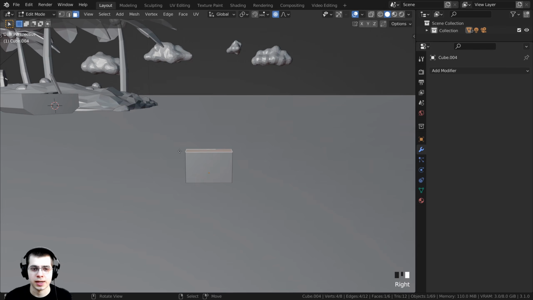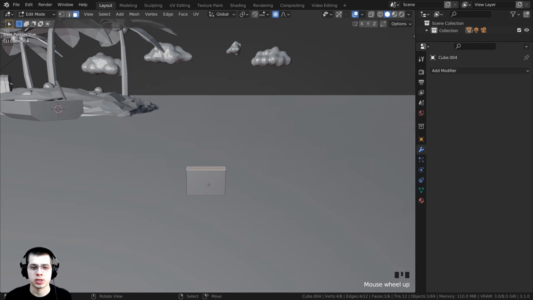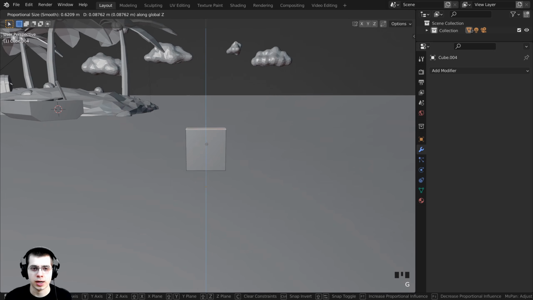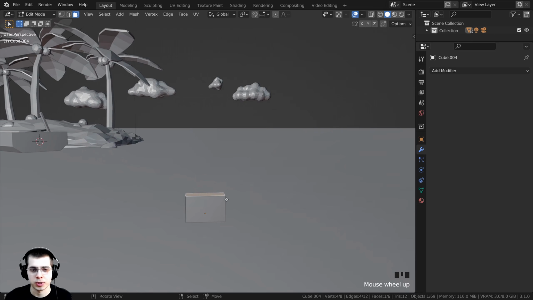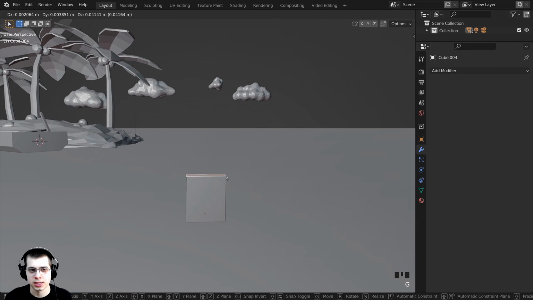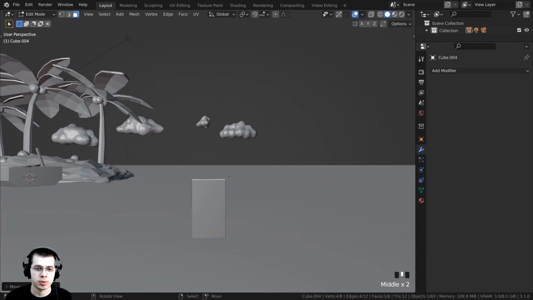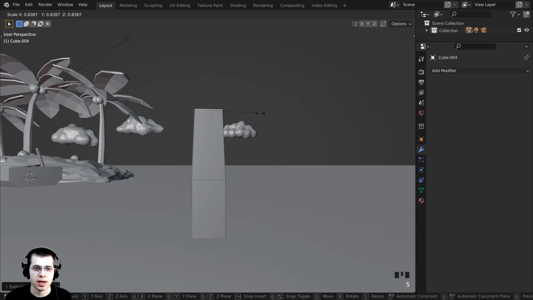I'm now going to select this face right here, and then I'll press G and Z, and we're going to bring it up. And you can see it's bringing up the rest of the mesh with it, and that's because of the proportional editing. So I'm just going to right click to undo that, and then I want to click right here to turn off the proportional editing. So I can now press G to grab, and I'll hit Z to bring it up on the Z axis, click right there, and then I can press E to extrude, and then S to scale, and then R to rotate,